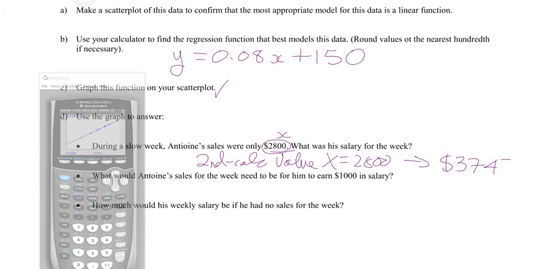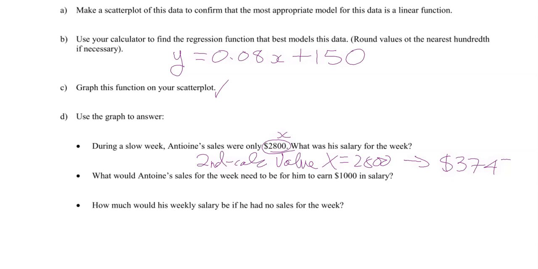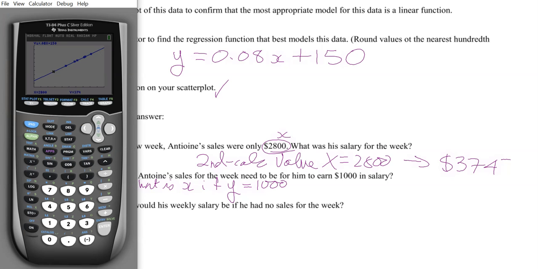What would Antoine's sales be? So what is x if y is equal to 1,000? So salary is the y value. What we want to know is, how do you find an x if you know a y? So here's what we do. We know the y, so we go to y equals. We've got the equation in 1. We go down to 2, and we say, okay, if y is 1,000,